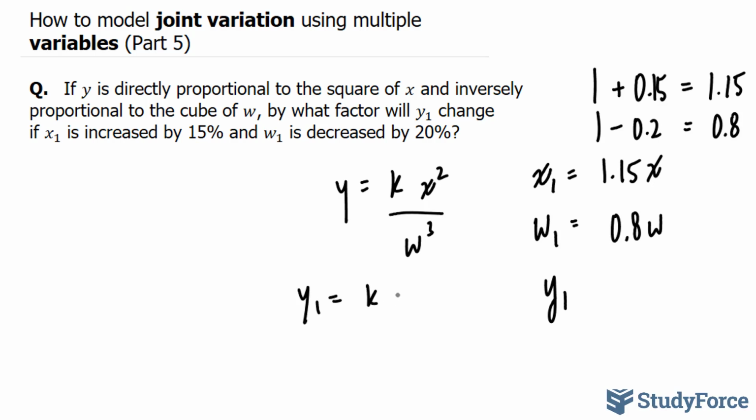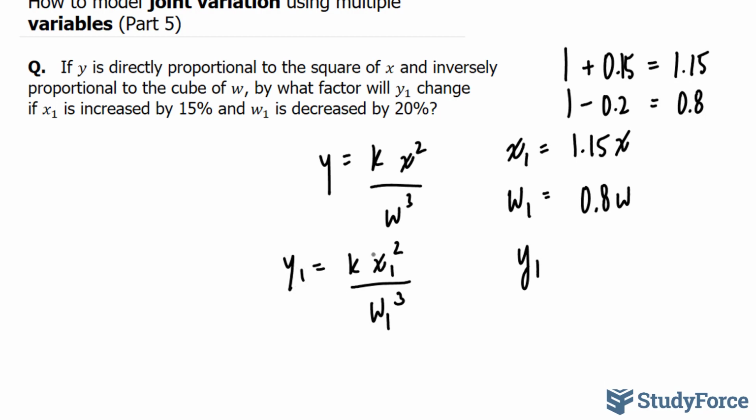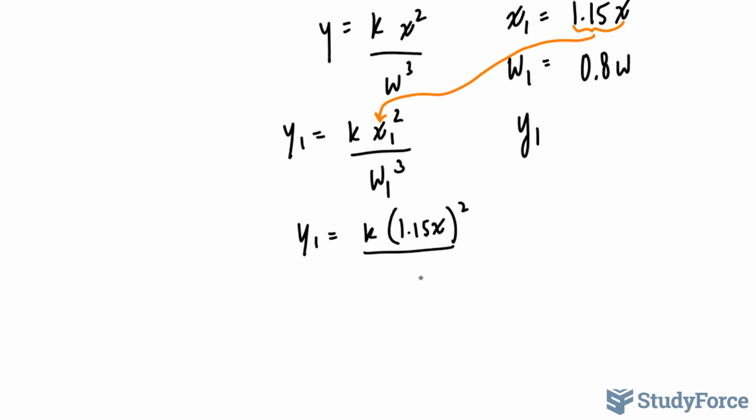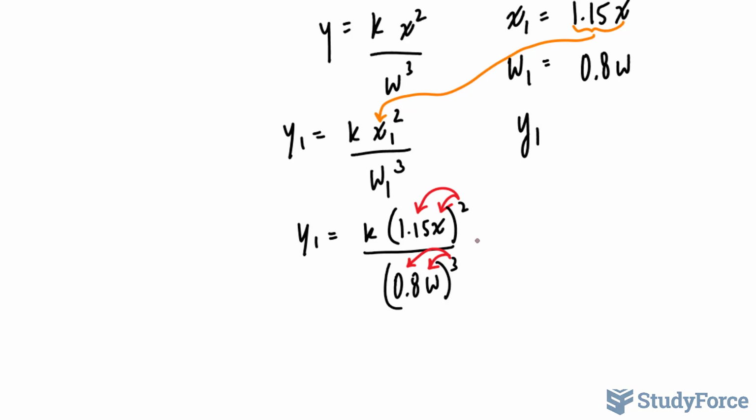y1 is equal to k x1 to the power of 2 over w1 to the power of 3. Replacing this and this with these two gives us y1 is equal to k 1.15 x to the power of 2. Notice that I replaced this expression into here, over w subscript 1 will become 0.8 w to the power of 3. Next, what I'll do is distribute this 2 to both of these components and 3 to both of these components, giving us